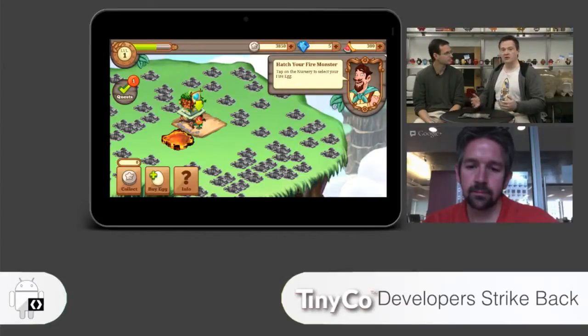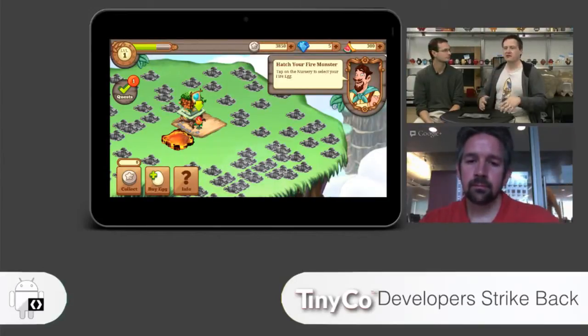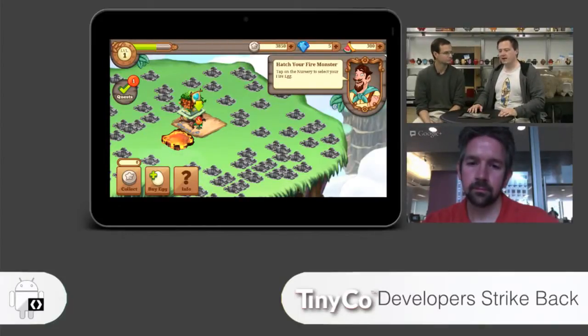I know that publicly you guys have said a few things about how Android was very disappointing at first for TinyCo, but as we worked with you and as you started to see the Android ecosystem as a separate thing, especially being able to take advantage of things like different aspect ratios, different size devices, in a way that made the users of each device happy, then apparently, and this is again what you guys said in your blog post, the monetization just steadily climbed and got much better.